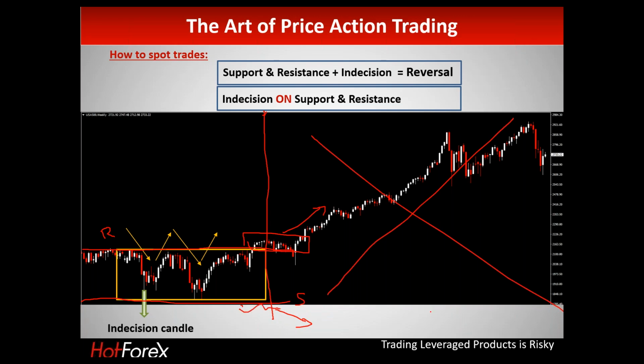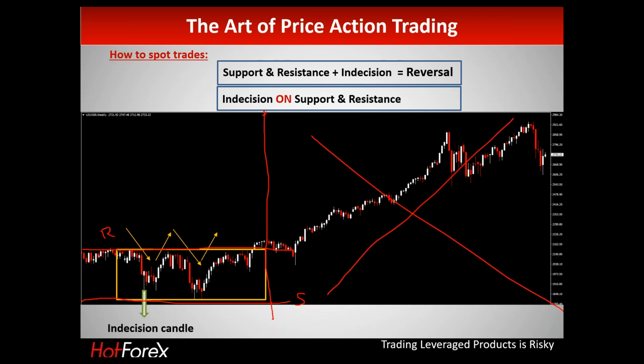Okay, that's the quickest way to do it. Another way though is to trade this ranging market. You can trade consolidation. Who said that you can't? So let's assume that we're over here, and we have noticed that it's going up and down all the time between these resistance and support levels.